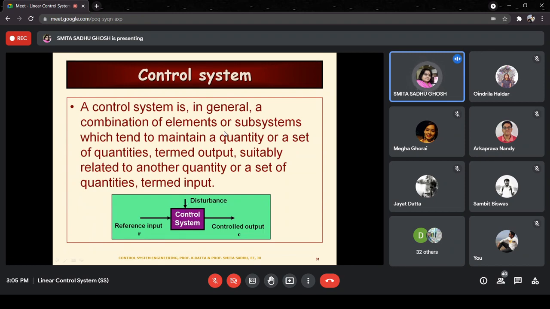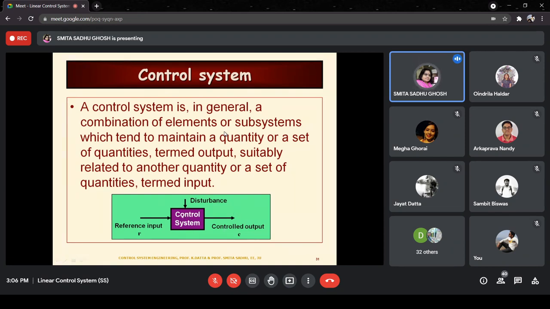On the other hand, disturbances can not only be external signals as shown over here, but can also be related to the parametric variations within the system itself. For example, if the value of some component is changing during the experiment or during the operation, the parameter value is going to change during the operation. That is internal to the system. It is also a disturbance because it is going to adversely affect your output.